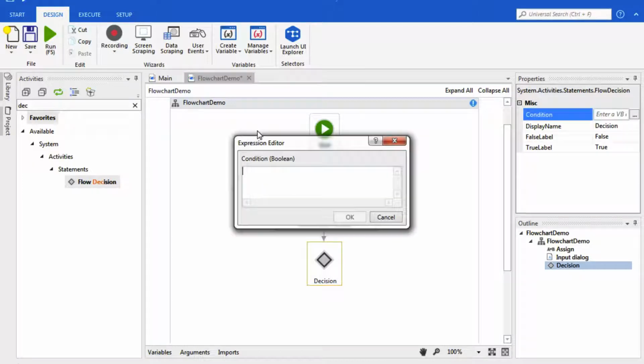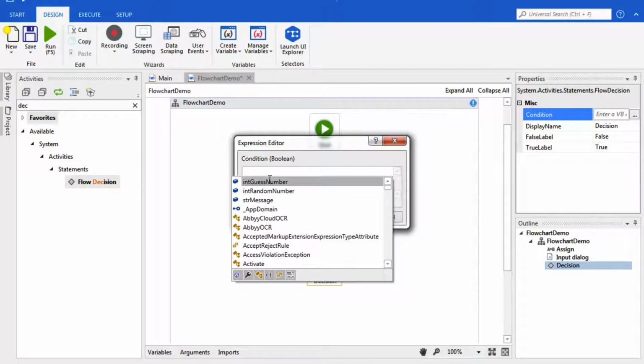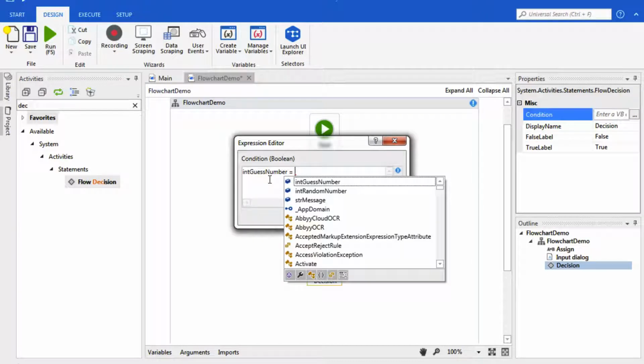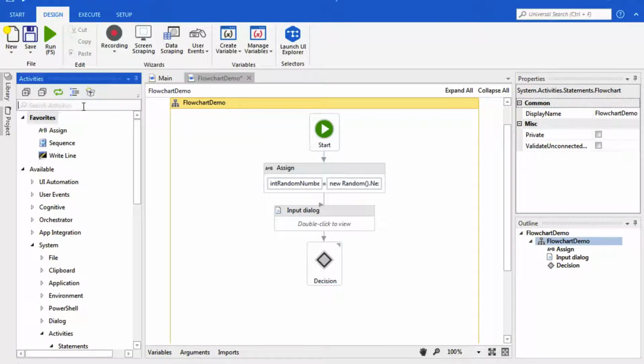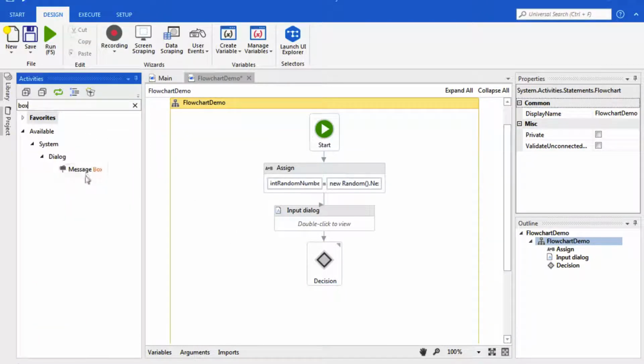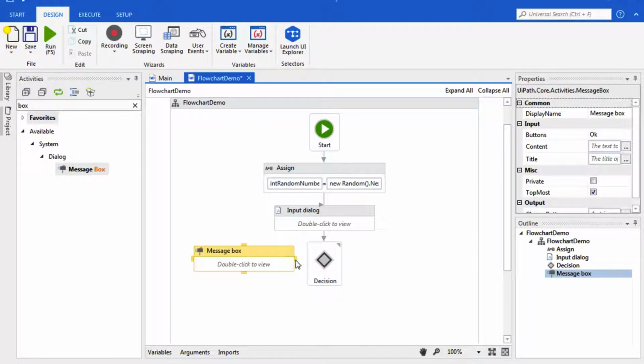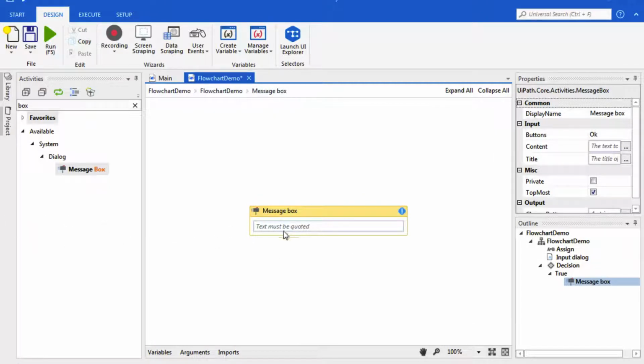So for our condition, we're going to say if Control space down guess number equals Control space random number. And if that's correct, then we want to search for a message box, true. We want to give them a message. Congratulations! You guessed correct. The number was